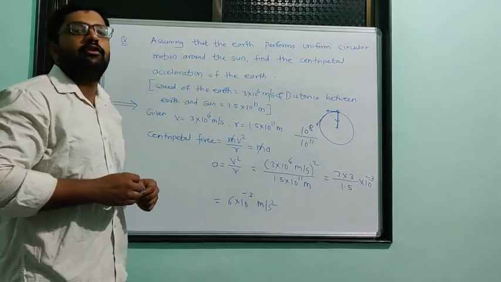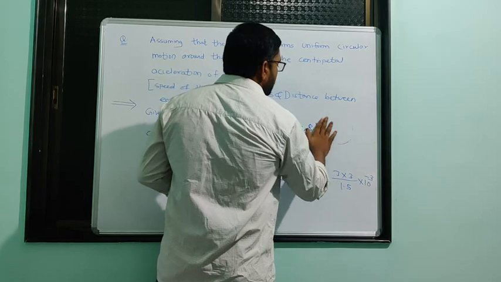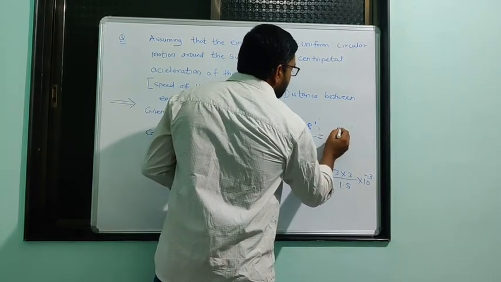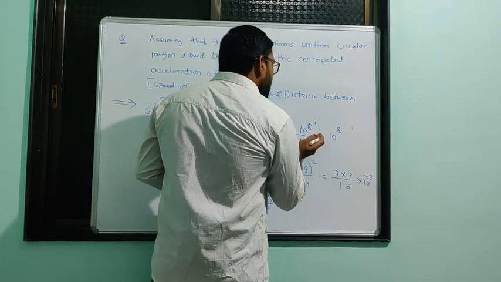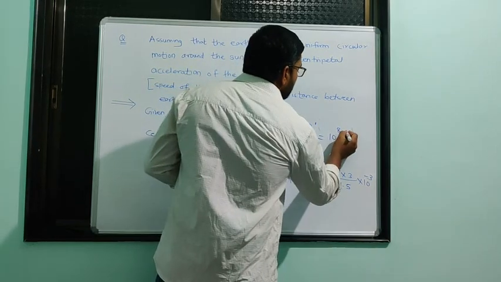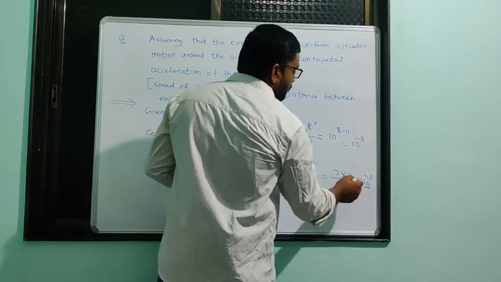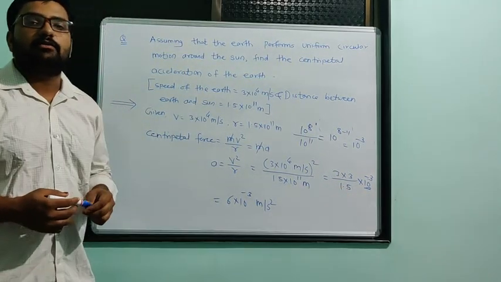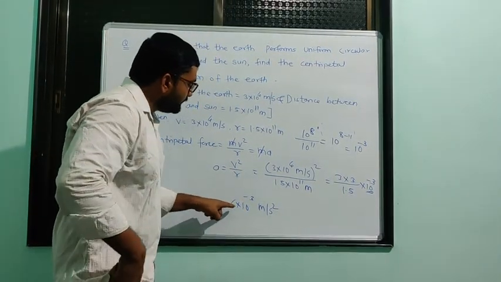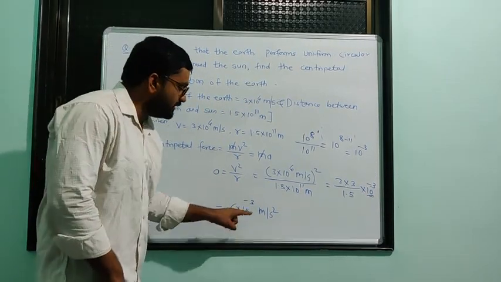As it goes to the numerator, it will become minus. So it will be 10 raised to plus 8, and as 10 raised to 11 goes to the numerator, that becomes minus 11. So it will be 10 raised to minus 3. So the acceleration will be equal to 6 into 10 raised to minus 3, and the unit of acceleration is meter